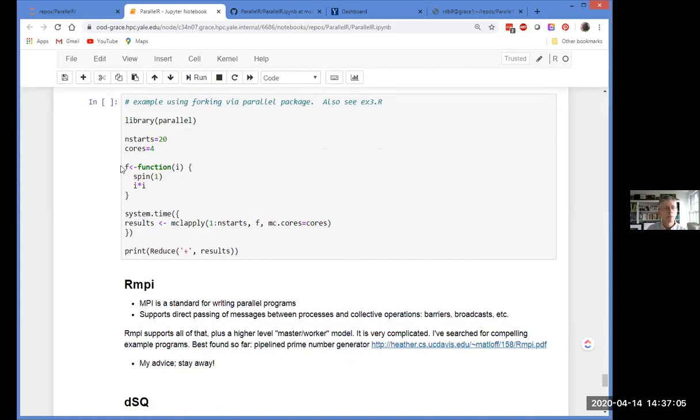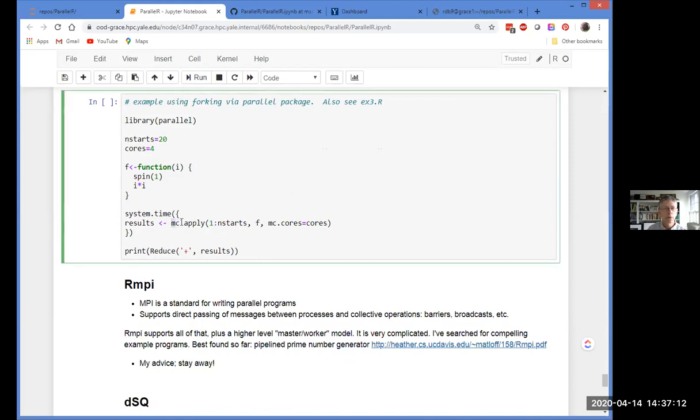So here I've got some function f, and I want to apply it to a bunch of values. So I use this function mclapply, which means multicore lapply. This is very similar to what we were doing with for each. It's basically going to create a vector of values from 1 to n starts. It's going to, in parallel, apply f to each of those values and return the results as a list.